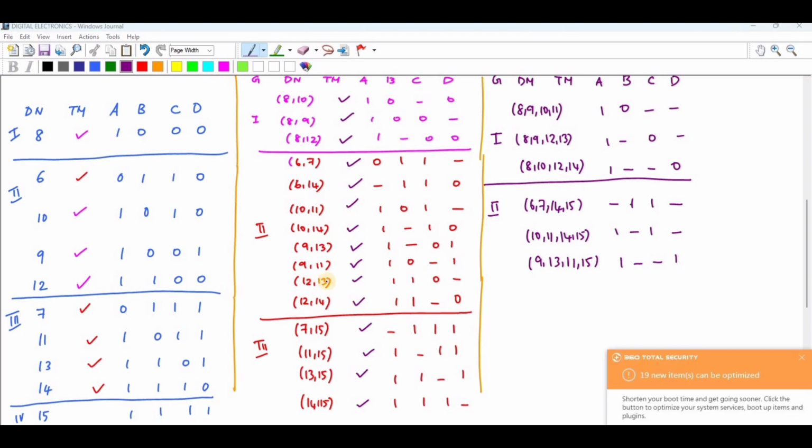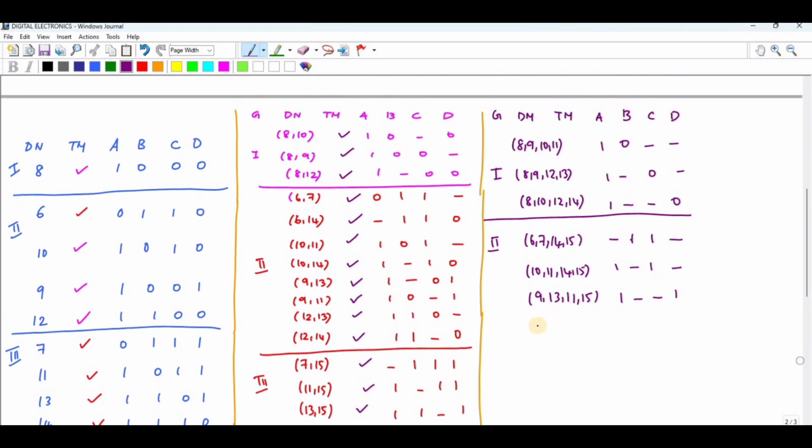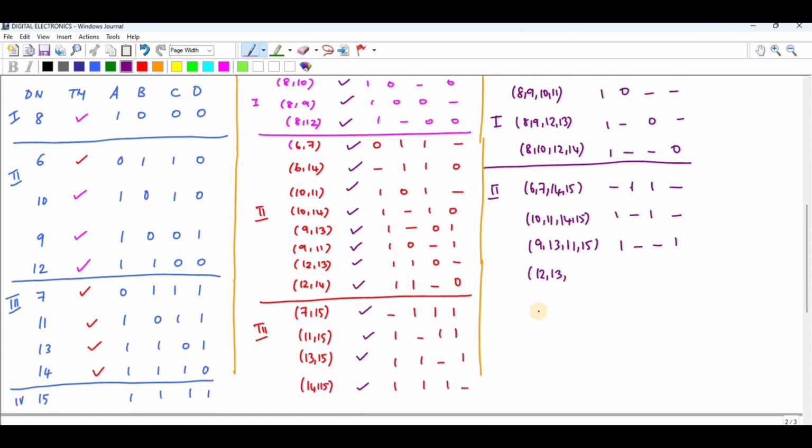12, 13 and 14, 15, right? So 1, 1 dash dash. Okay, next 12, 14 and 13, 15. So we have already selected. Okay,